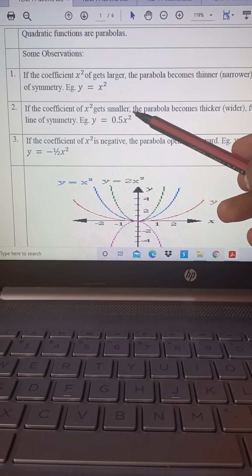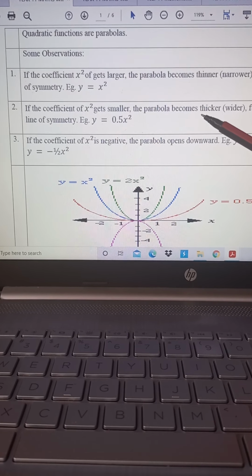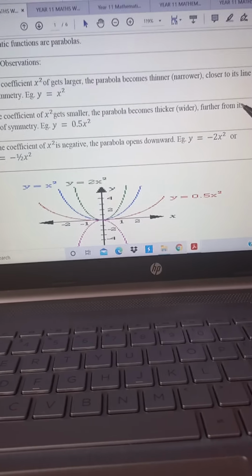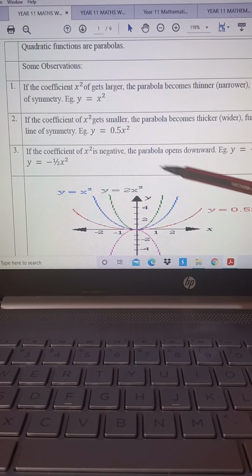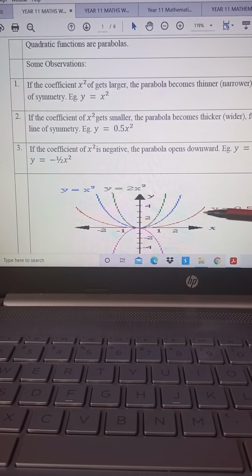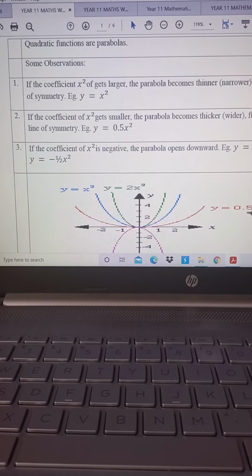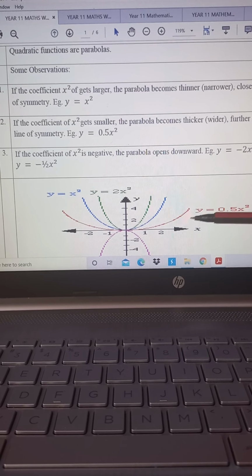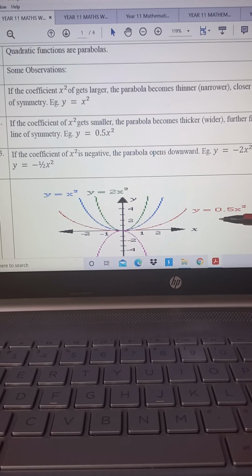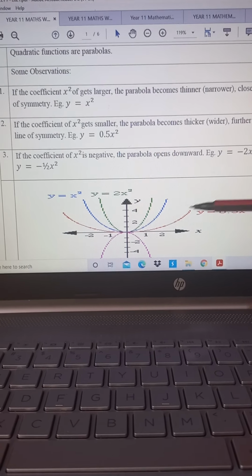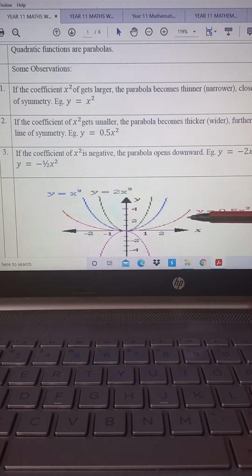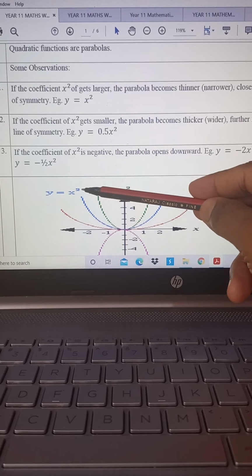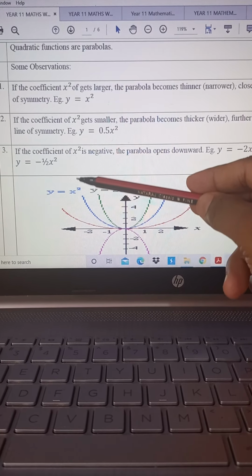If the coefficient of x² gets smaller, the parabola becomes thicker or wider, further from its line of symmetry. This is the red one we are talking about. The coefficient is less than 1, so this is the wider graph. The smaller the coefficient, the wider the graph becomes. The blue one is our original graph of y = x², whereby the coefficient of x²